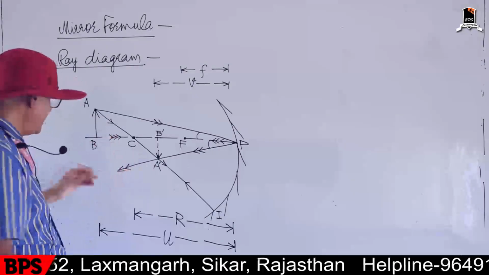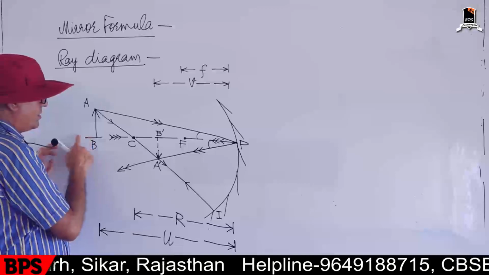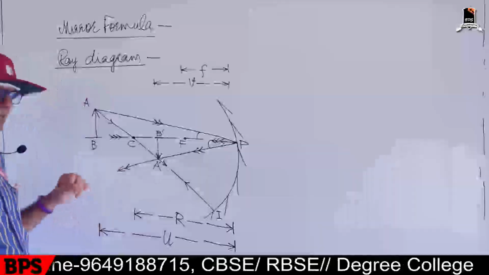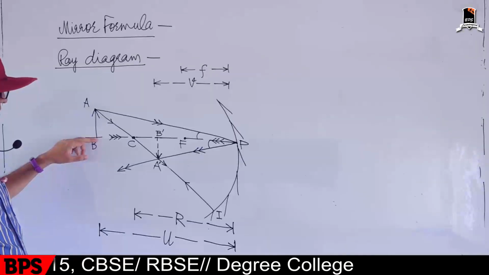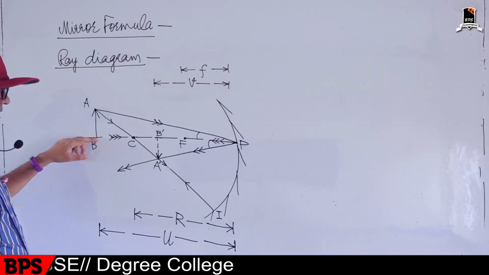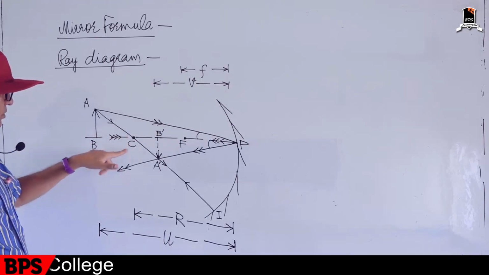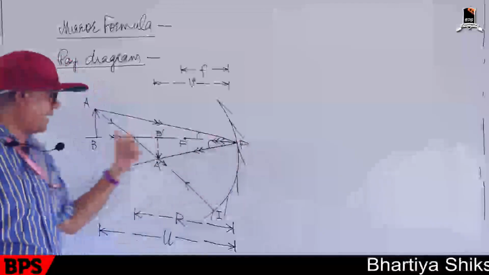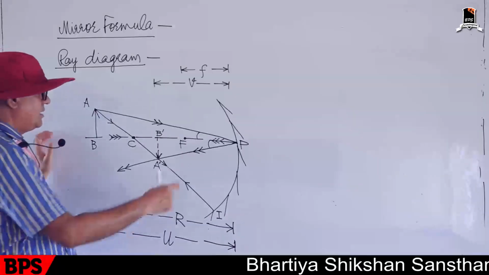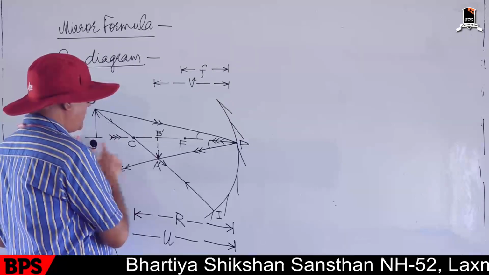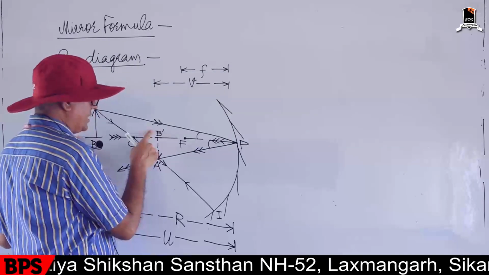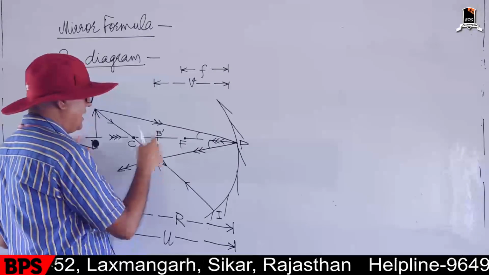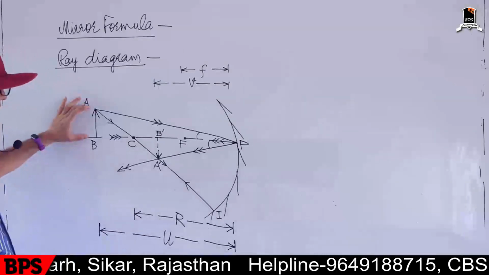Now we take the third ray, which is along the principal axis and passing through the base of this object AB. Since it is passing through the center of curvature point, it will be reflected back again, and the image of point B will be B dash. If we draw a perpendicular line A dash B dash, then A dash B dash will be the real image